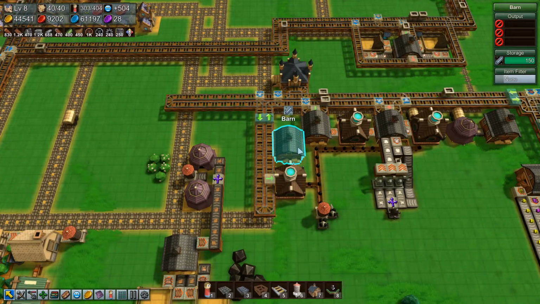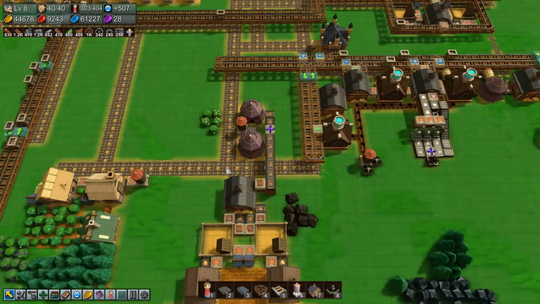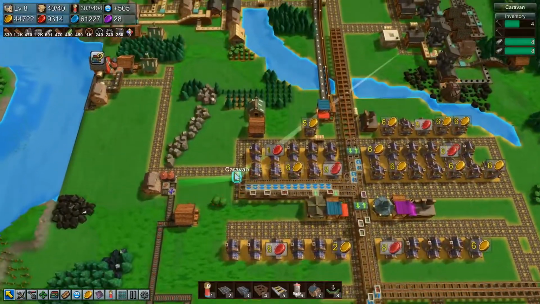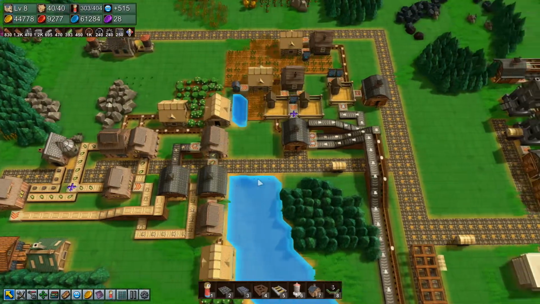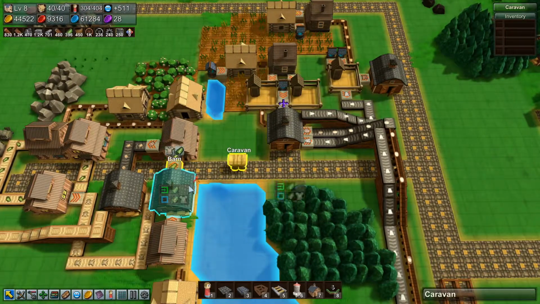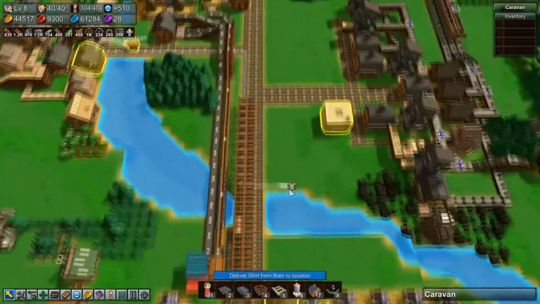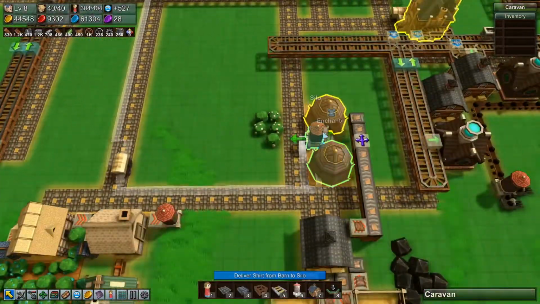So we've got our mana pipes. We got all sorts of stuff going on. There's a bunch of things I want to do. I want to start working on purple coins. So let's go ahead and get a caravan. I need shirts from here, and I need it to come to...